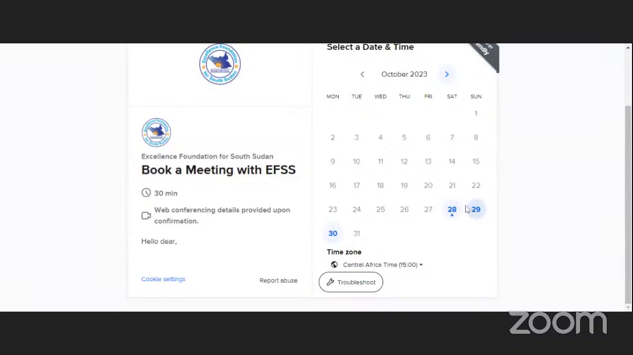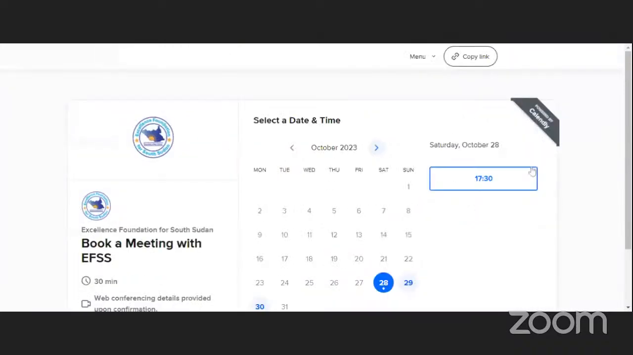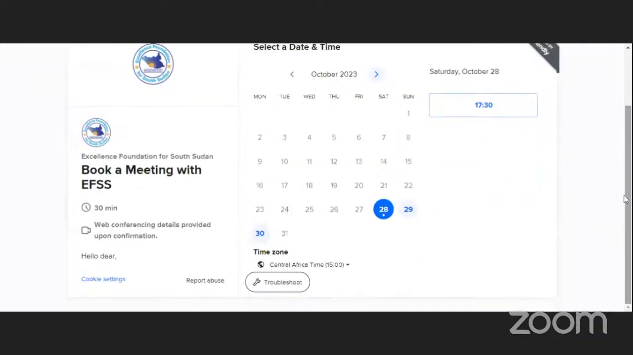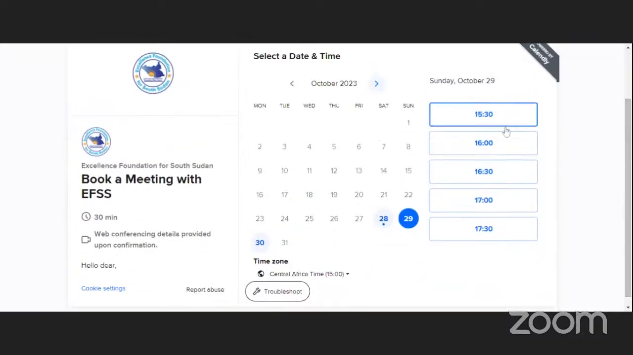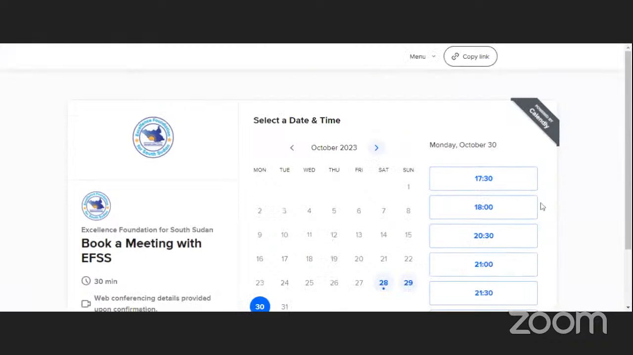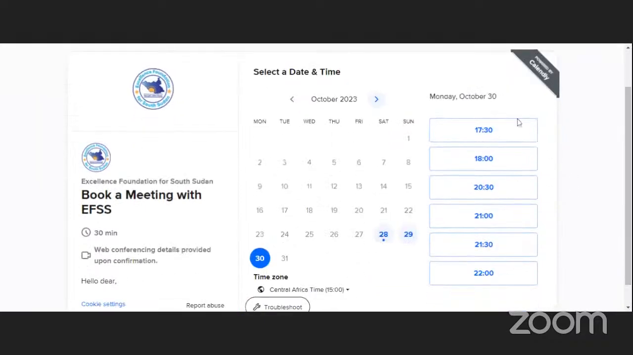Like we are available only on Saturdays, and only at 5 p.m. and 5:30. Then on Sunday, you can meet us at any of these times: at 3, at 4, at 5, at 5:30, at 6. On Mondays, you can meet us again from 5. You see? If any of these times works for you, you can click,